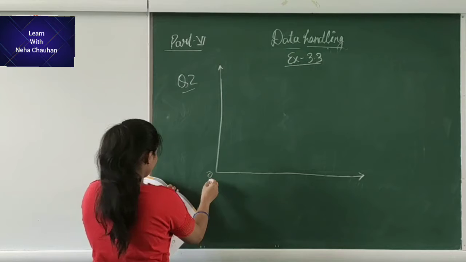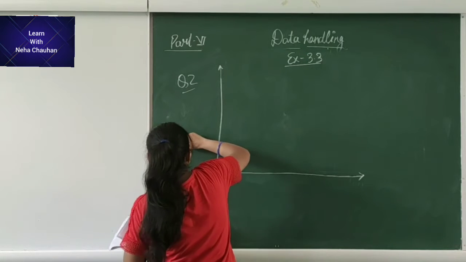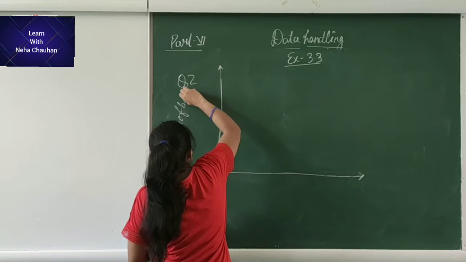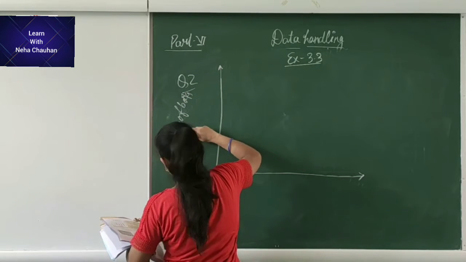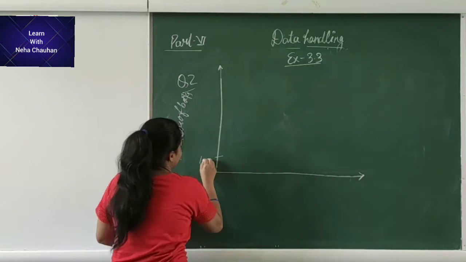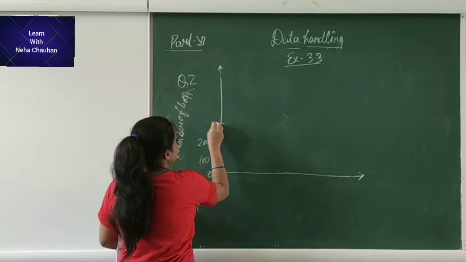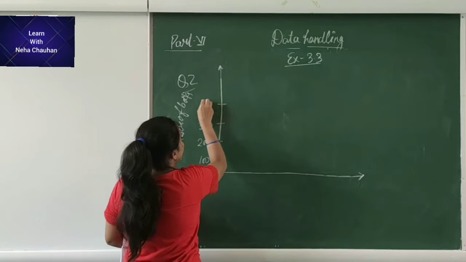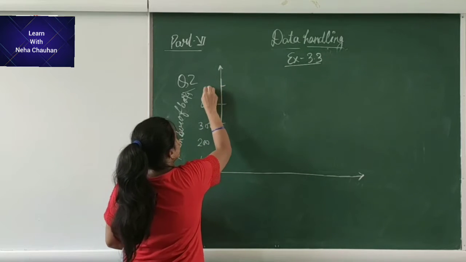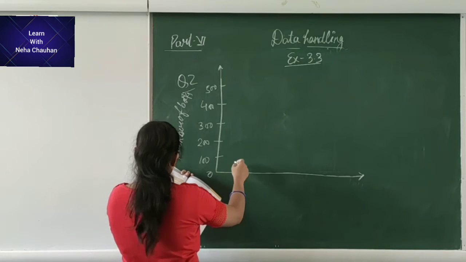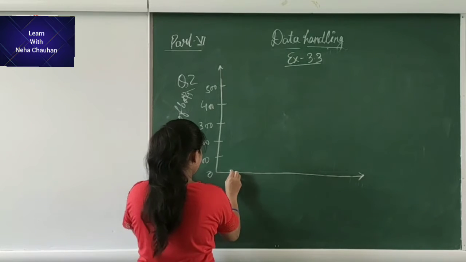On the y-axis we have the number of books, that is 100. This is the scale. 200, 300, 400, 500. Alright. And years are given as, in 1989 we have